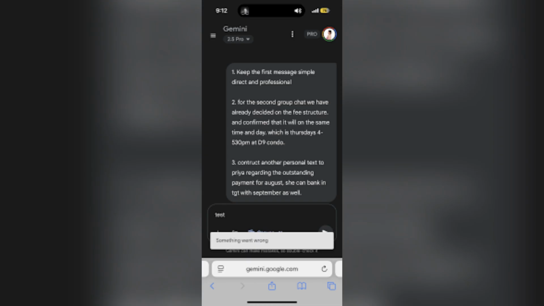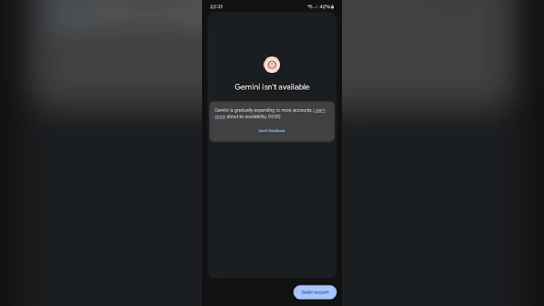Then, you should perform a deeper clean of your browsing data if the "something went wrong" error persists. A corrupted cache is the #1 cause of blank pages or failed responses. Head into your browser settings, find Clear Browsing Data, and select Cached Images and Files and Cookies for the time range All Time. Once you restart your browser and sign back in, the connection to Google servers is usually refreshed